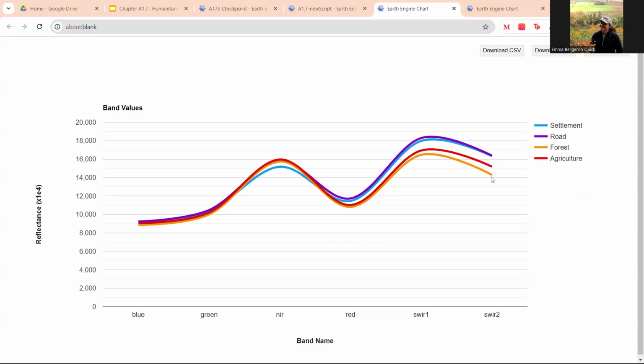So in this case, you've got forest, agriculture, road, settlement. You can see road and settlement kind of follow each other quite closely, and forest and agriculture as well. And this is based on the band specifically and the reflectance value, and that is usually determined by doing a bit of research on how they usually show up in terms of reflectance and spectral signatures. When you're trying to identify different feature types in remote sensing, for example, the spectral signatures are what really help differentiate, but